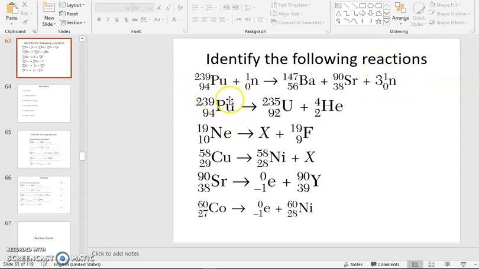How about this element? So an element, and then to the right side you have a new element and alpha. Alpha, then it's alpha decay. An element, and then you have another element and X. So we have to figure out what is the X, and from there we can figure out what is the number. So here is